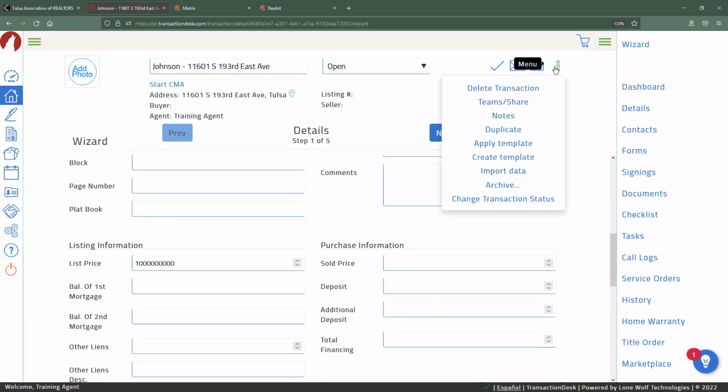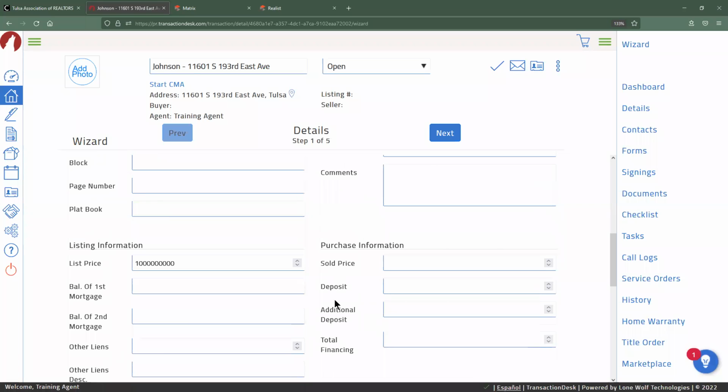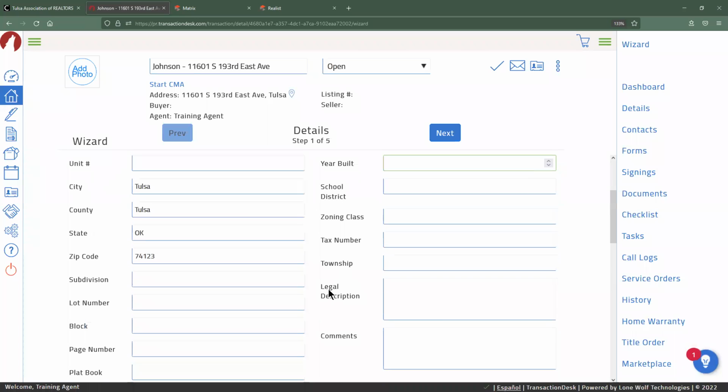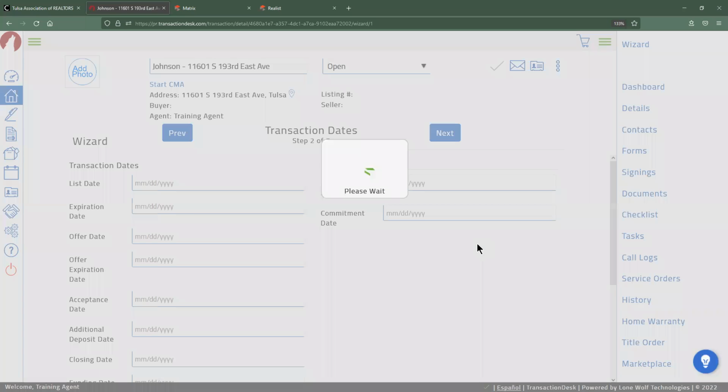And there's always an option if we get to the point that we're happy with where we are, we can delete this transaction out so that you guys don't have some kind of filler data, bad data that was not related to a real transaction. All right. Oh, and actually, we get a legal description put in there as well. Okay. All right. So I've got some basic information put in. I'm going to hit next.